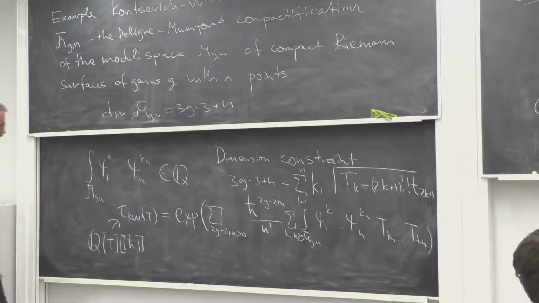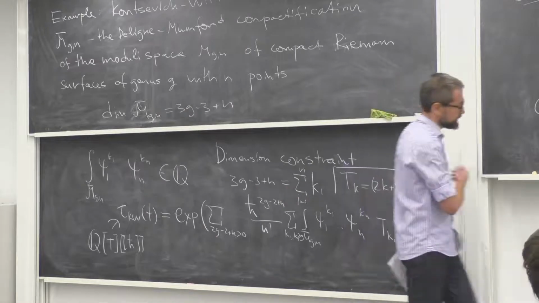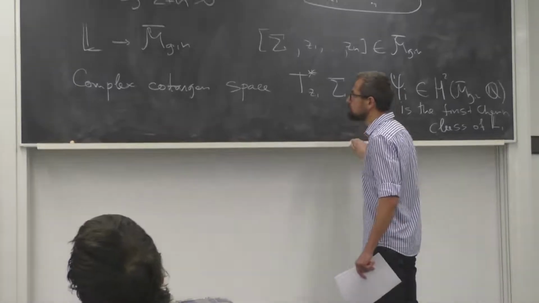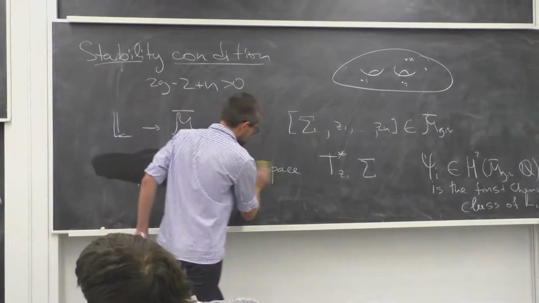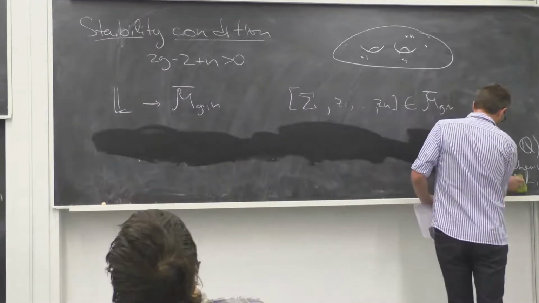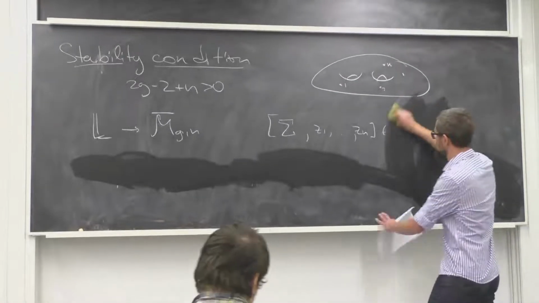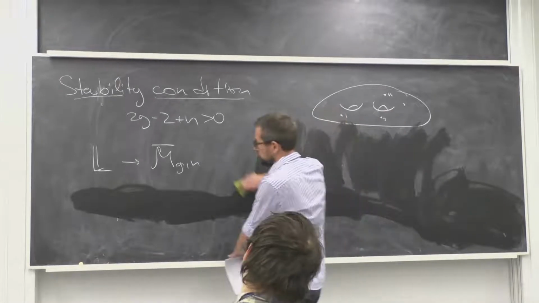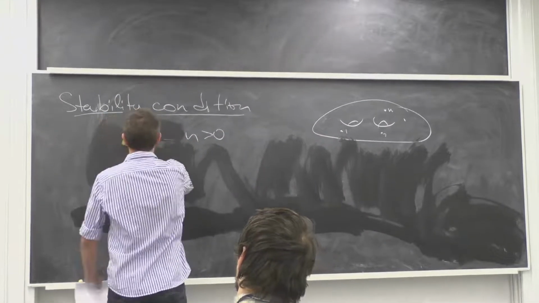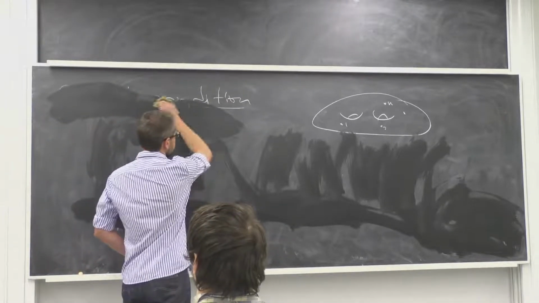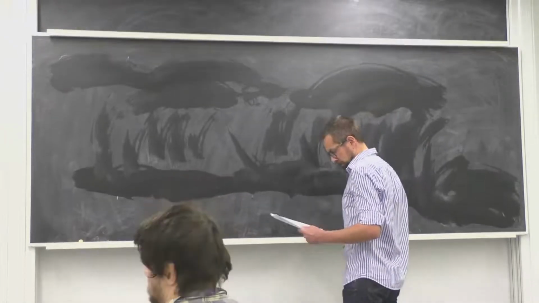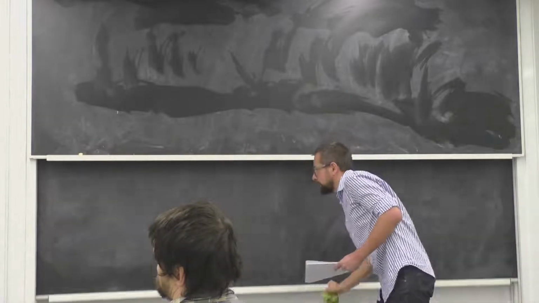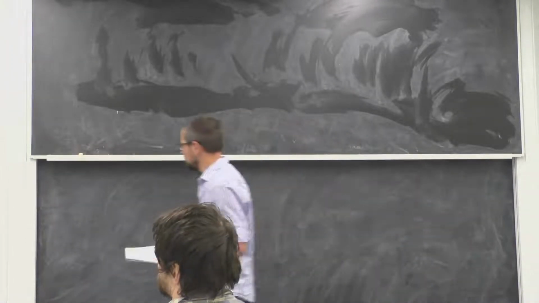What is the reason to introduce these small t's? The reason is that these variables are natural from the point of view of the integrable system. It is Witten's conjecture, proven by Kontsevich, that this function, this formal series in t variables, is a solution of the integrable system. Explicitly, the statement, the theorem: